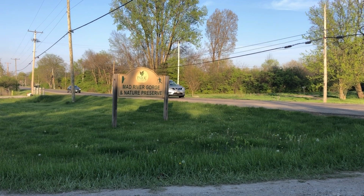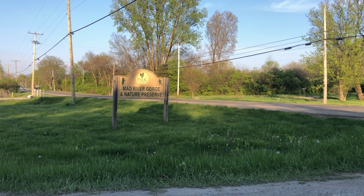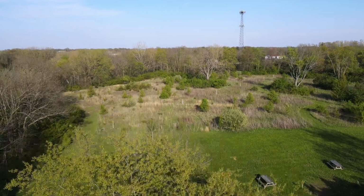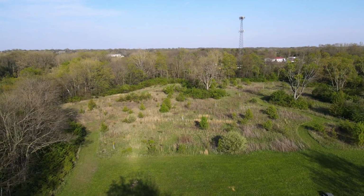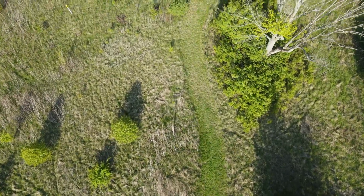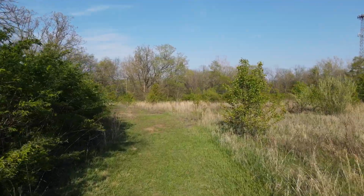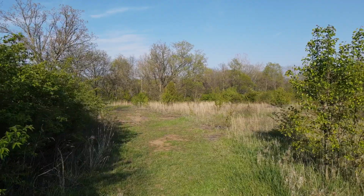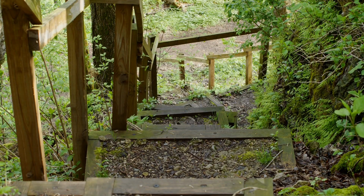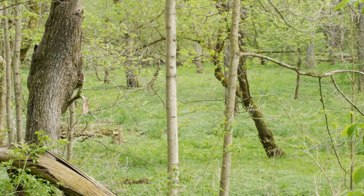Mad River Gorge and Nature Preserve, found here in Springfield, Ohio, can best be described as a hidden gem. At the top, we see nice trails and trees filled with beautiful birds. But venture through the rocks, down into the gorge, and you find yourself surrounded by woods,